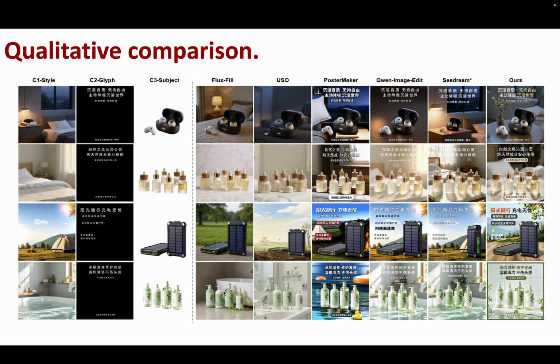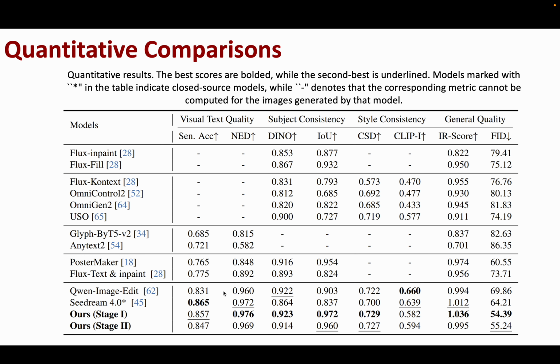In contrast, Image Edit and SeeDream 4.0 demonstrate relatively good subject consistency and visual text rendering capabilities. Nonetheless, they often produce redundant or mismatched text, and their style transfer tends to exhibit a copy and paste effect, failing to generate diverse or contextually coherent backgrounds based on the style images. Our proposed InnoAds-Composer effectively overcomes these limitations, achieving strong consistency across text, subject, and background style. It is capable of generating visually appealing, semantically coherent, and stylistically controlled poster images,